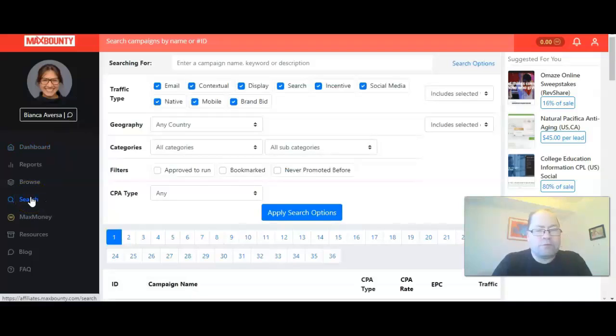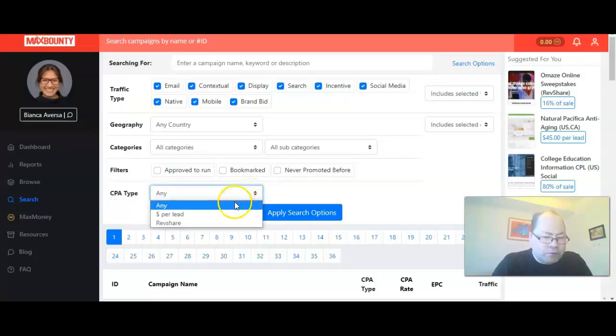I would advise you to choose an offer where you get pay per lead, because that's the easiest way. Of course, you can go for a percentage of a sale and focus on sales, but it's so easy to make money if you have good traffic to an offer, if you get paid just for having them opt in. So that's the fastest way. With CPA, you can choose any offer, or you can choose dollar per lead. I'm going to choose dollar per lead, and here are the kinds of traffic types that you want to search for.